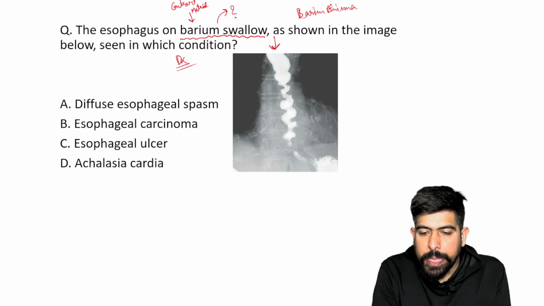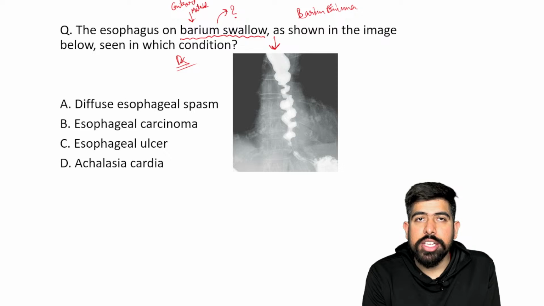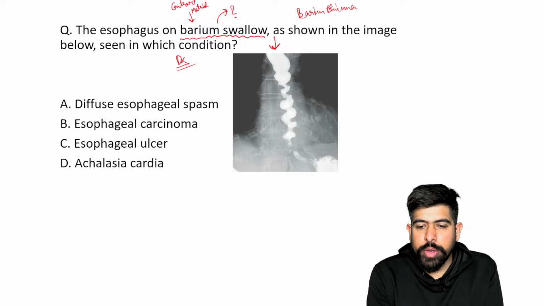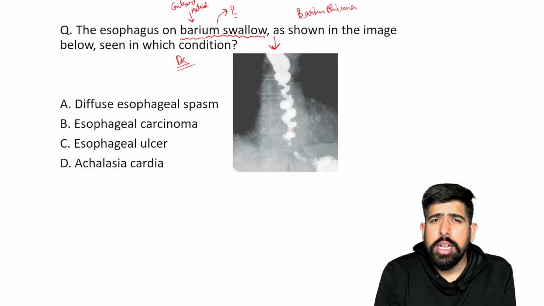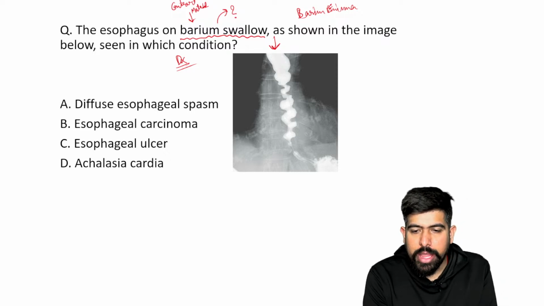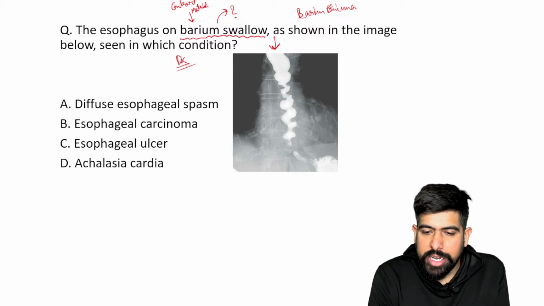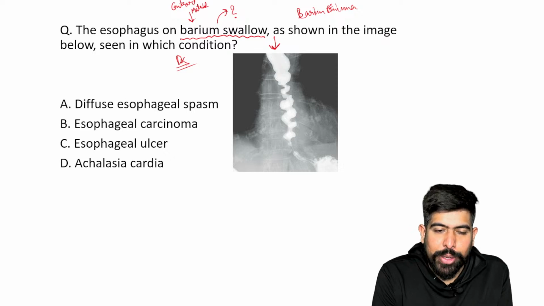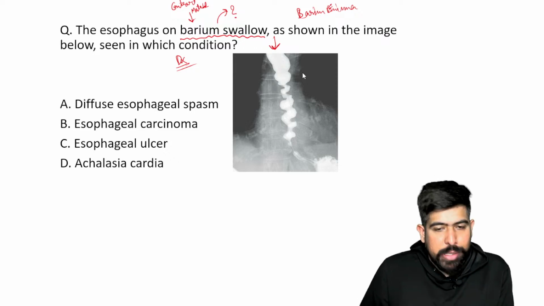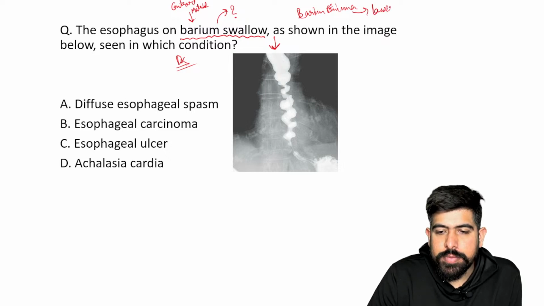Yes, enema is for the rectum, for seeing the large intestine and the colon, including the sigmoid colon. Most commonly the barium enema is done for ulcerative colitis and Crohn's disease. I will show you the lead pipe sign in ulcerative colitis on the barium enema. So please remember, if it is barium by mouth, this is for the upper GIT, and if it is an enema, this is for the lower GIT.